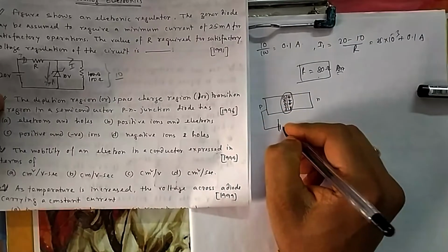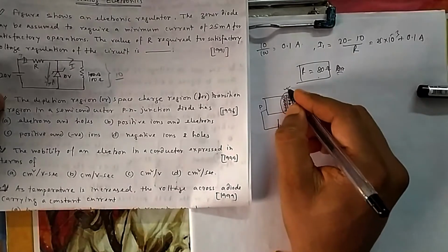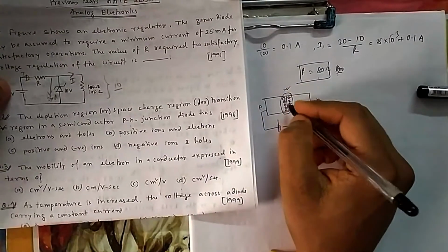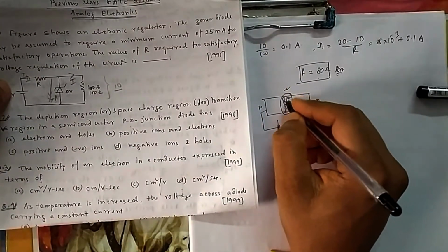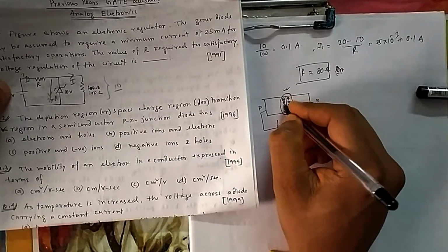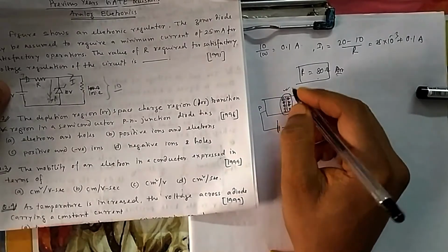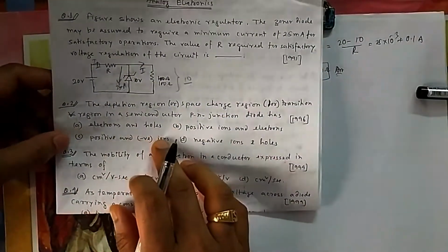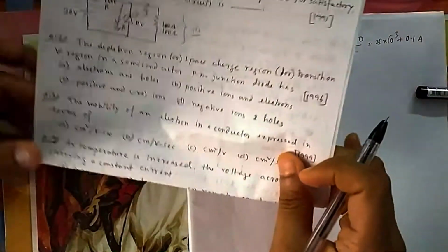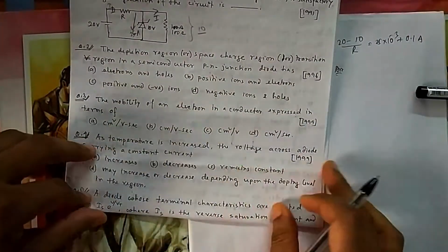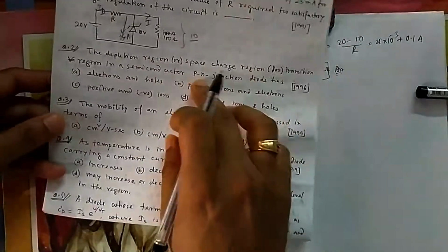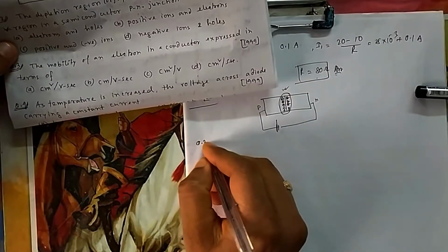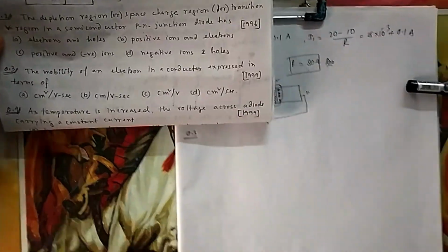This layer has to be broken down before the diode conducts. If you apply a voltage, it will not start conducting until this barrier voltage is overcome, that is 0.7 for silicon and 0.3 for germanium, and you know that. So these are the negative ions and positive ions; they come close together and form a barrier there. That is the depletion region. So positive and negative ions, that is the answer, option C. You can refer to any book for the basic construction of a PN junction. I am not going into a thorough discussion because it will take some time, but it is easy and very basic.